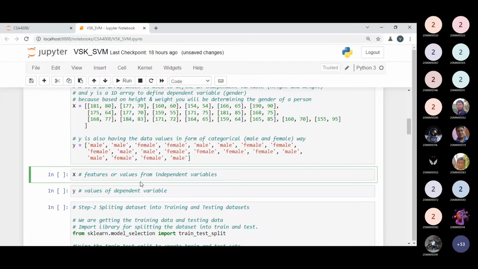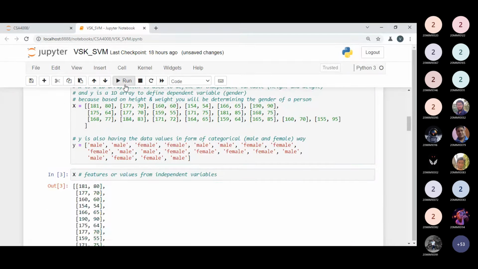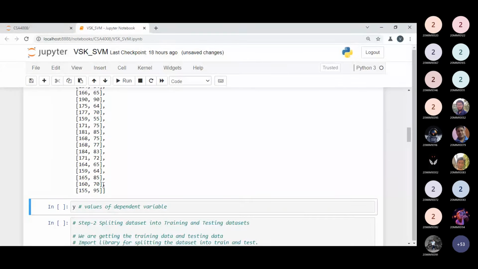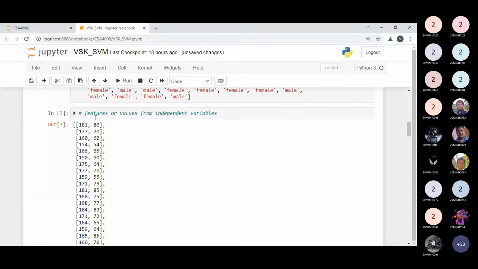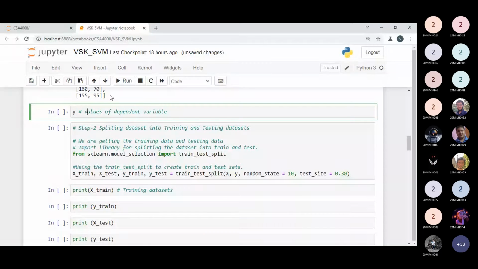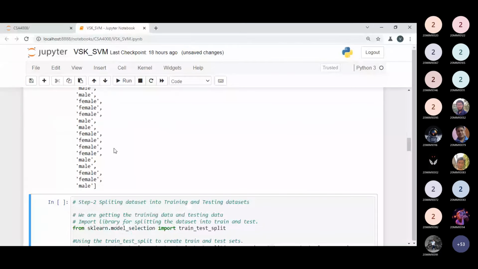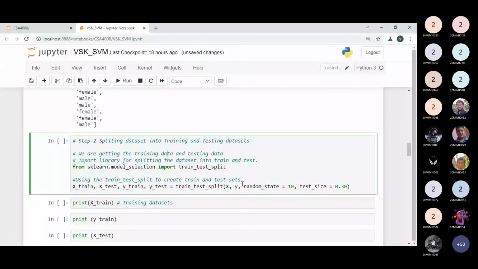Okay. Now next I am printing what will be displayed in X. Let me display it with the help of this code. This is the information we are able to see. This is the 20 data points we have here. And now we have Y. I am also printing Y right now. So what is our next step?